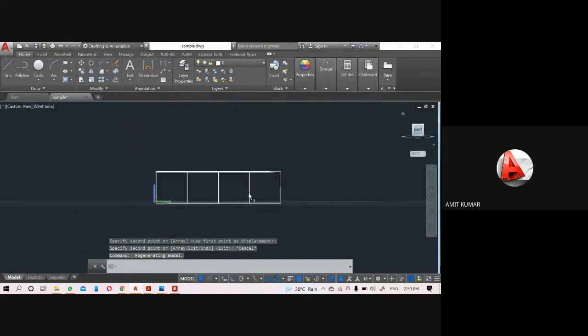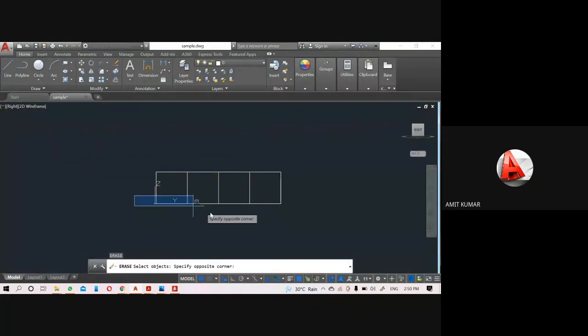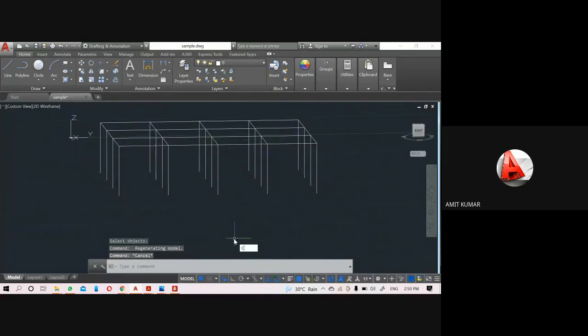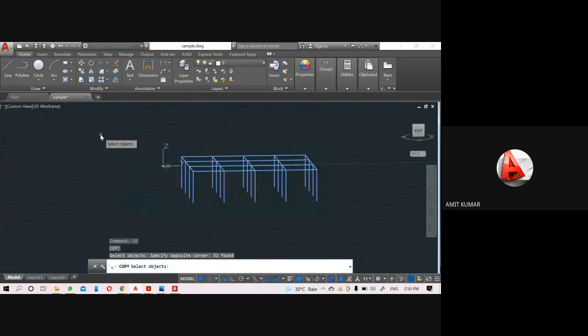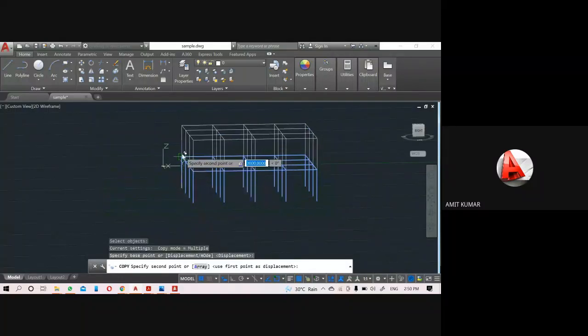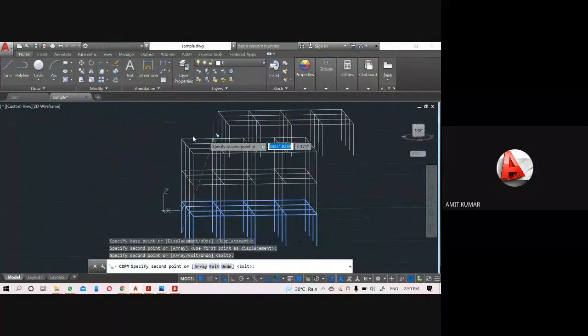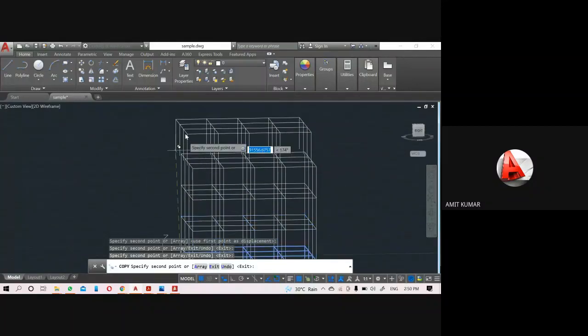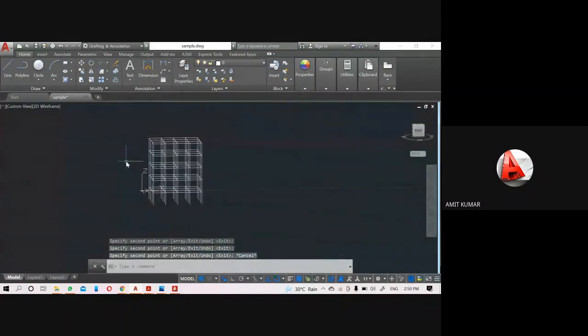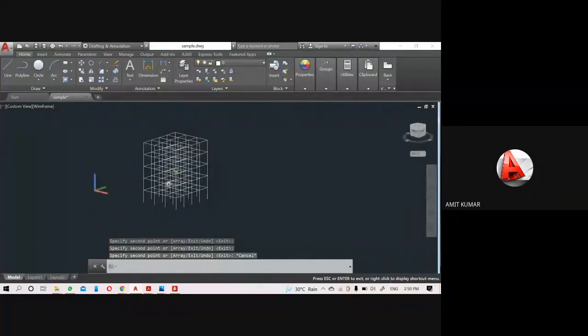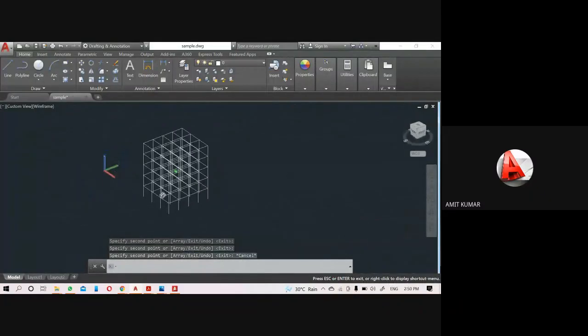Now remove the bottom beams. Again, if you want to create a 5-story building, so just copy it. So now here you can see a CAD model in the AutoCAD.